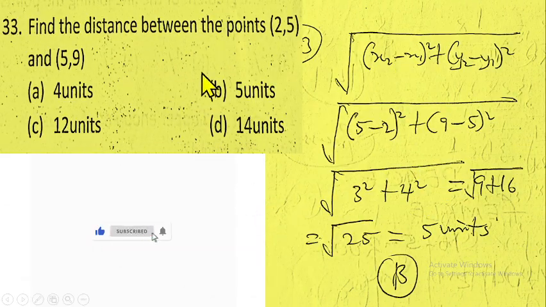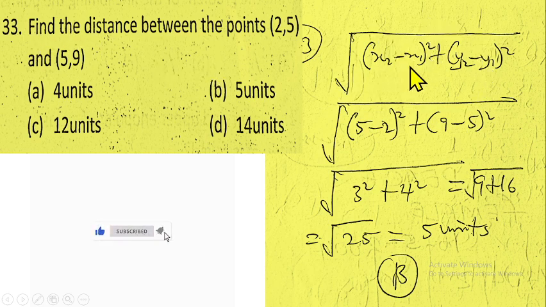Question number 33 is from coordinate geometry. We have to find the distance between this point and this point. So we have it to be the square root of x2 minus x1 squared plus y2 minus y1 squared. So if you are used to coordinate geometry, you know that if you want to find the distance between any 2 points on the Cartesian graph, given the coordinates of the 2 points that the line passes through, we can